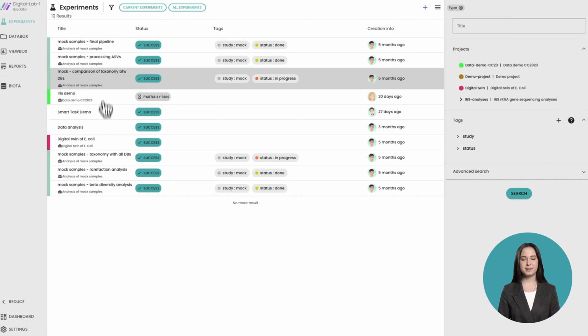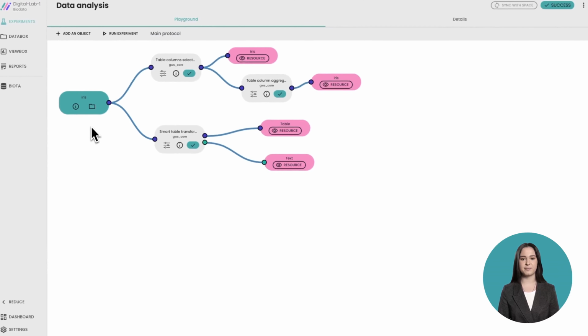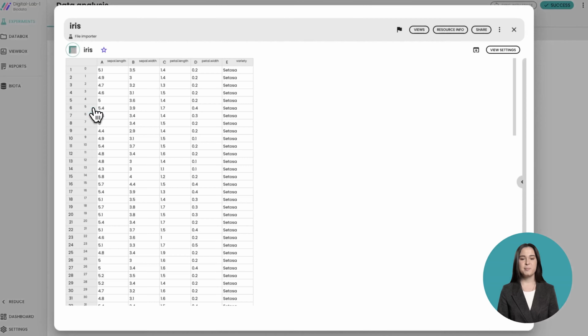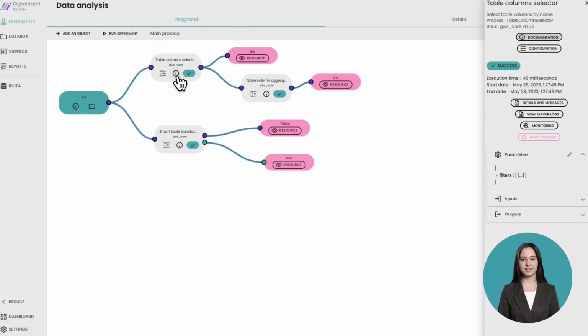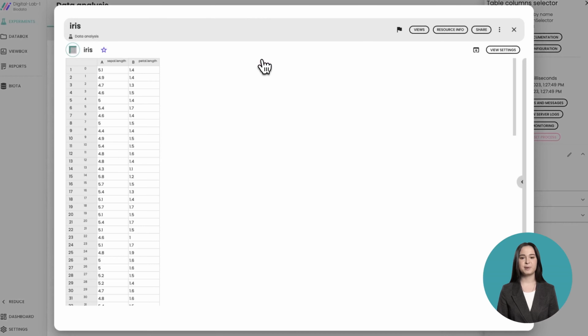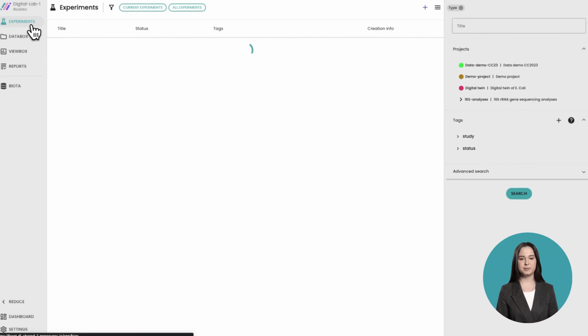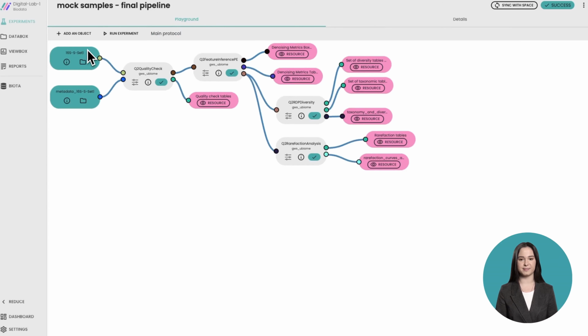An experiment is a procedure to conduct data analysis to explore or validate scientific hypotheses, or to process your data in a production mode. Each digital experiment provides a no-code playground to run ready-to-use processes in several domains like data science, bioinformatics, modeling, and more. Some processes are specialized scientific functions that are grouped into bricks that serve as a library. All tasks, protocols, and bricks developed by the community are open to everyone, and their use cases and documentation are